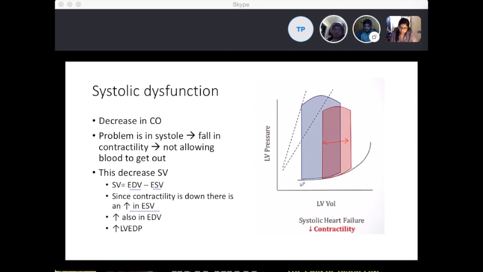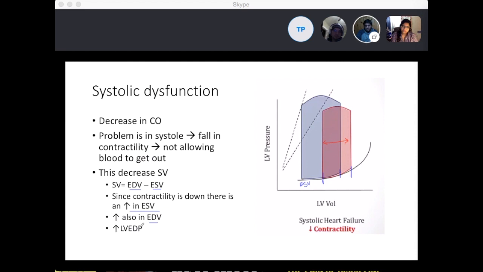So if this is your end systolic volume, in a normal patient, as you can see here, your end systolic volume starts right here. So there is a higher end systolic volume. However, you also have a greater end diastolic volume because you're not able to get the blood out, and so you have a higher end diastolic volume. But your end systolic volume is much greater. But the biggest difference here is, look at this end